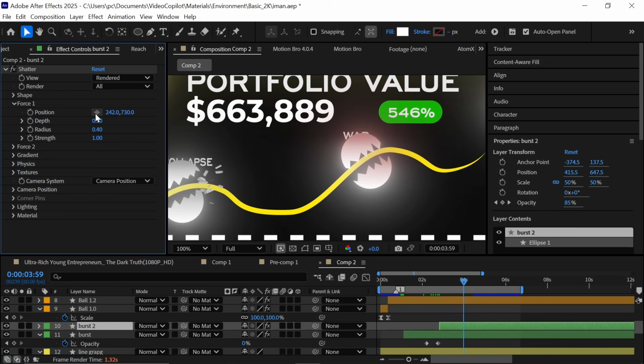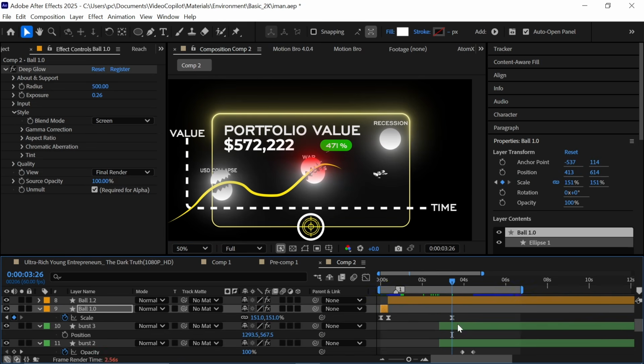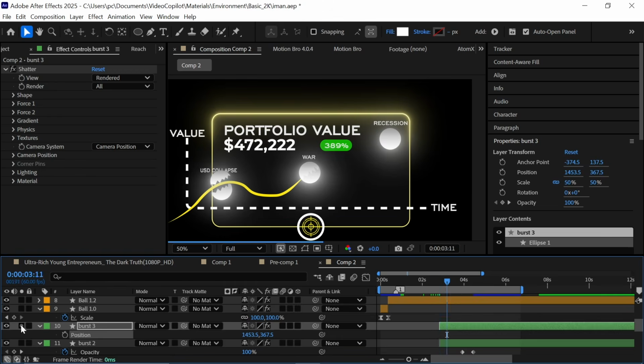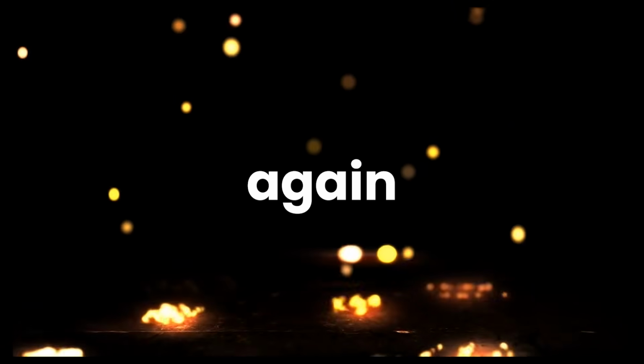Now listen to this. You have to change this point again. Otherwise, it will not work. This happens because this point property is applied to the composition and not moving at all when we are moving the glass pieces. Now take a deep breath of air because we are coming to the last and very important